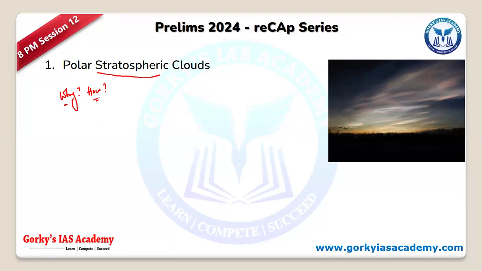So polar means it can happen both in the Arctic and Antarctic. Yes, sir. Over the poles in very cold regions, they are made up of ice particles. Ice particles, okay. So, altitude? Sir, in the stratosphere, about 19 to 30 kilometers. Okay, so it will be around 25 kilometers. So it should be okay. Fine. Okay. Then